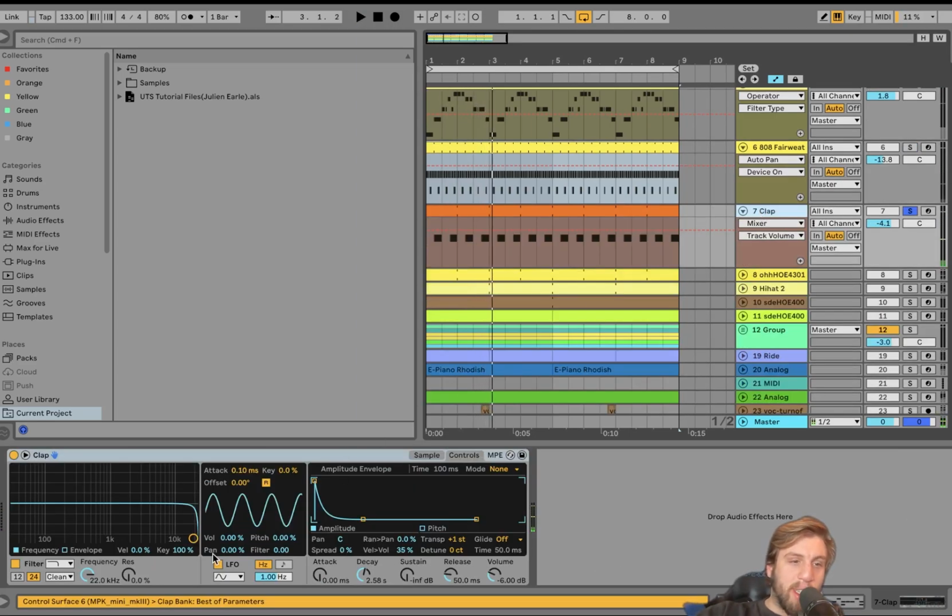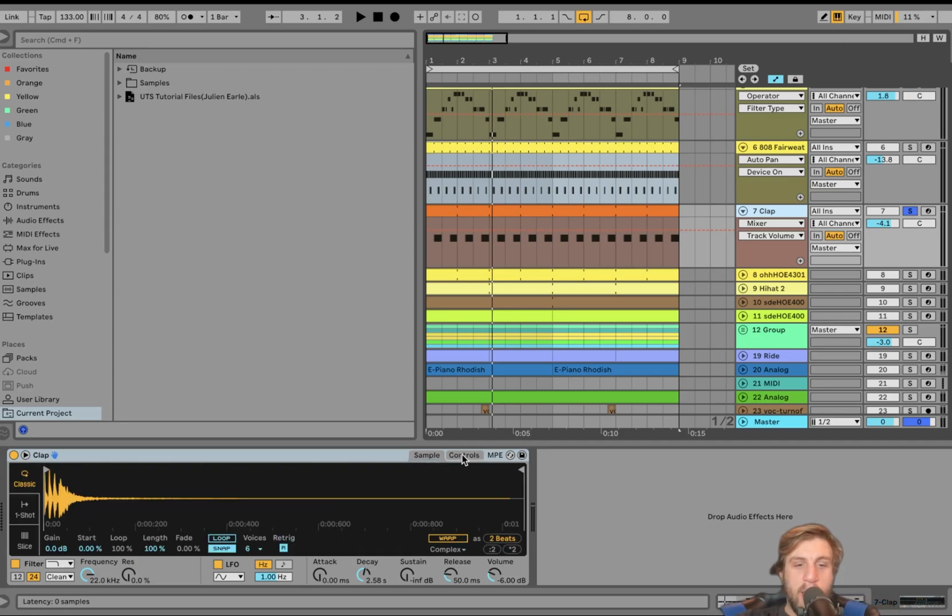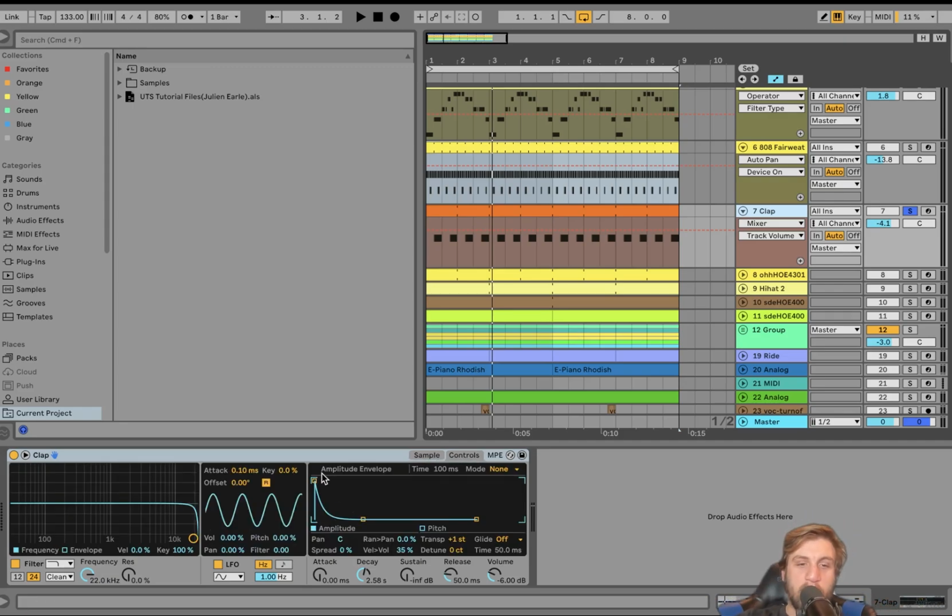We got our clap. This is just like a 909 clap. However, I pitched it up and I made it shorter with the envelope here. Definitely a very underrated thing in Ableton is you can just use the amp envelope to shape your drums like this. I've also got this open hi-hat,